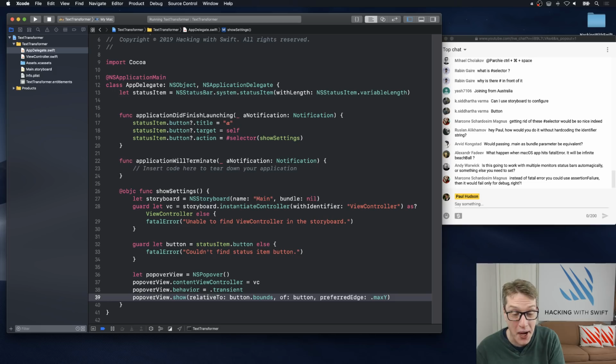So I am quite comfortable using fatal error here. If you want to fail silently, add a return in there. I wouldn't, but you know, it's down to you. Anyway,